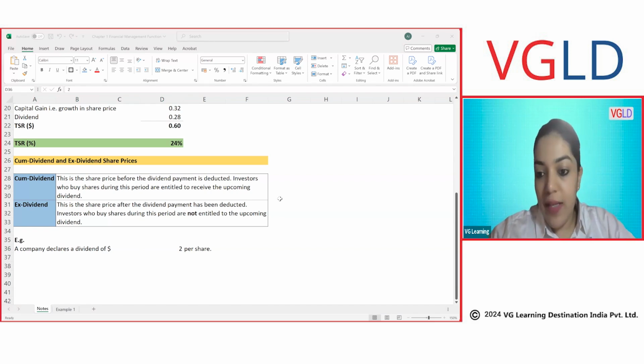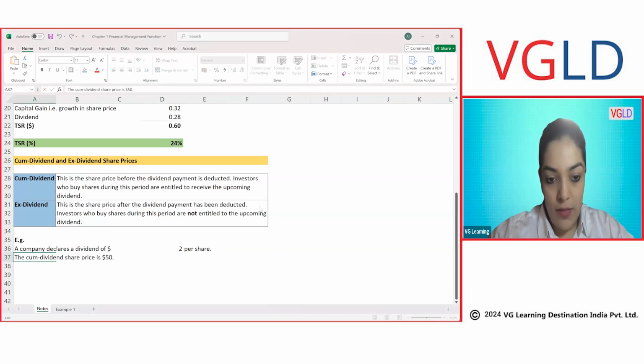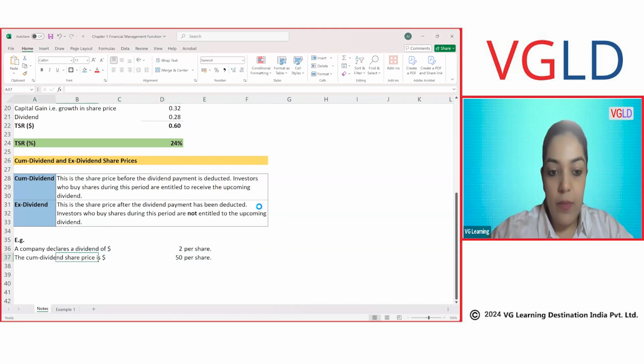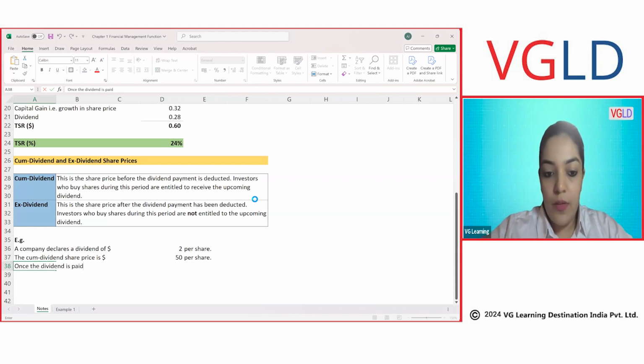The cum dividend share price, that means the share price which is there in the market, is $50 per share. Once the dividend is paid to the shareholders,